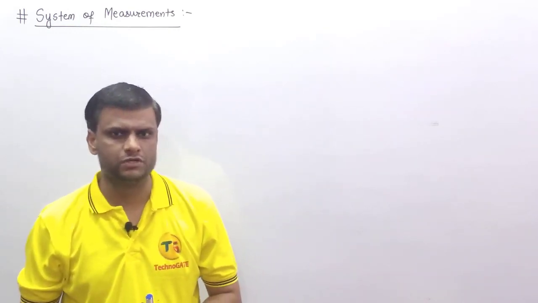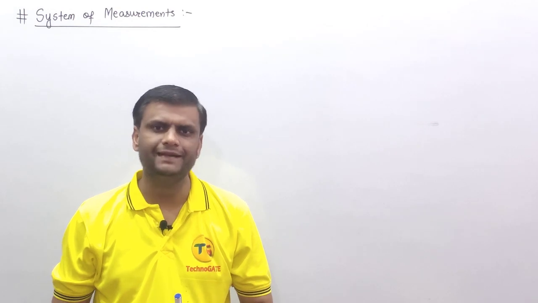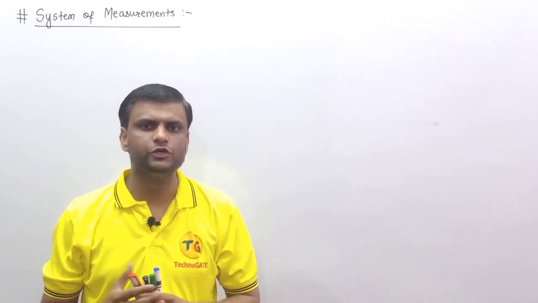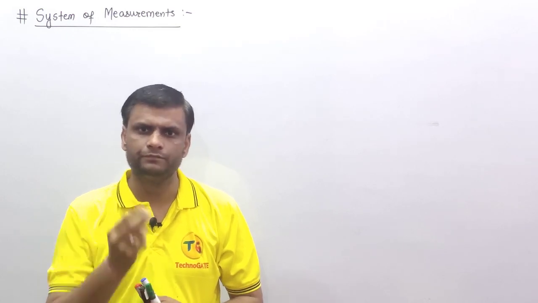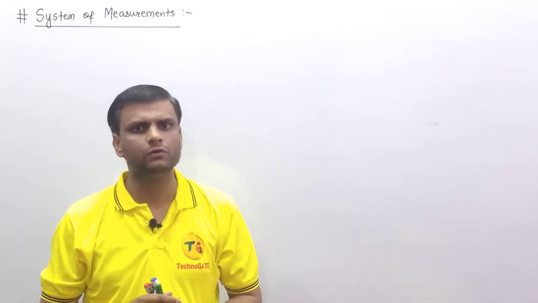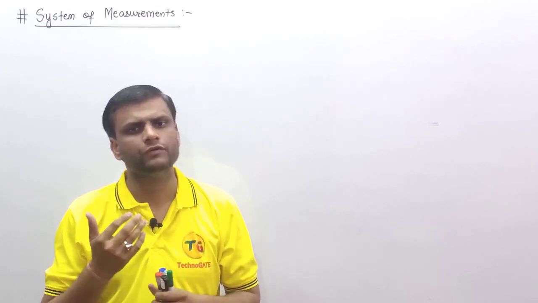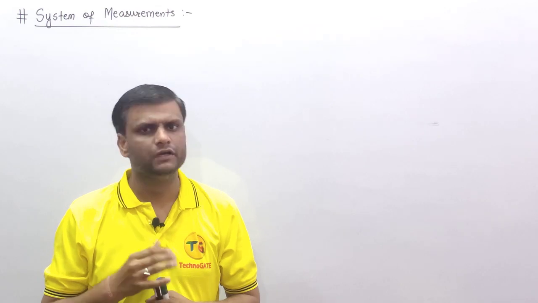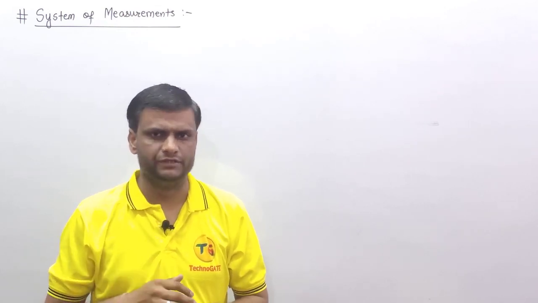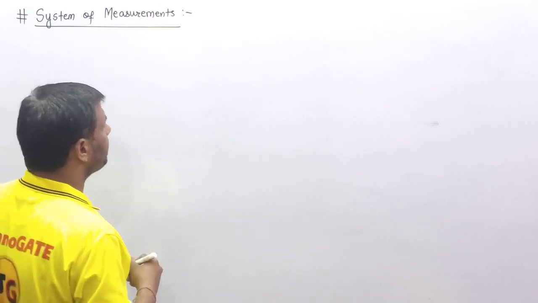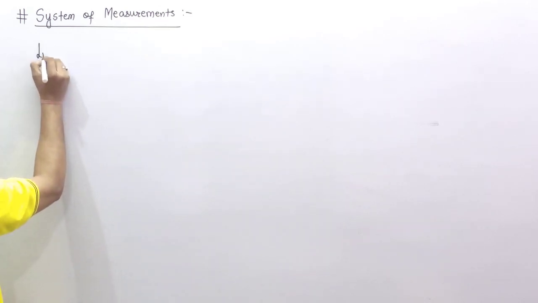Today I am going to start our new topic of unit number 1, Fundamentals of Surveying, and that topic is Systems of Measurements. As we know, the total surveying subject, total geomatics engineering, consists of two types of measurements. One is called linear measurement and the second one is called angular measurement. So there must be a system for all these types of measurements, likewise linear and angular. Initially, if I am talking about linear measurements,